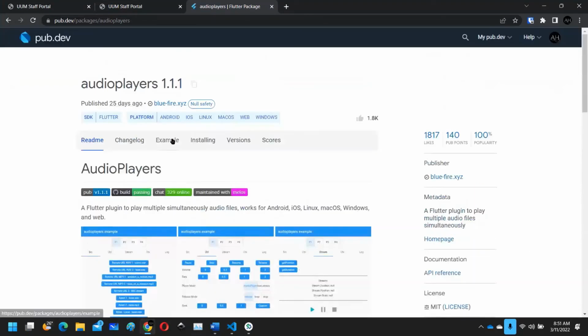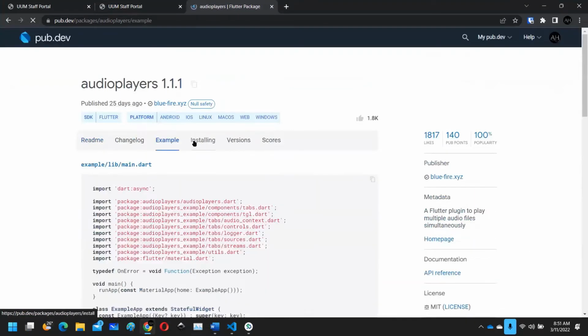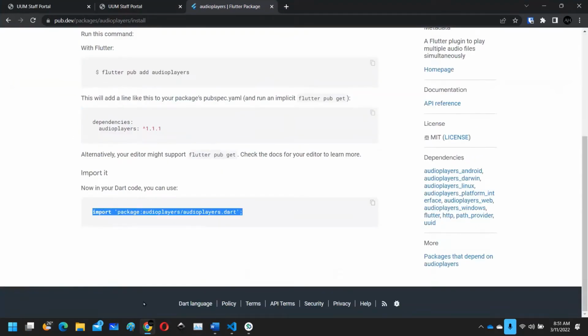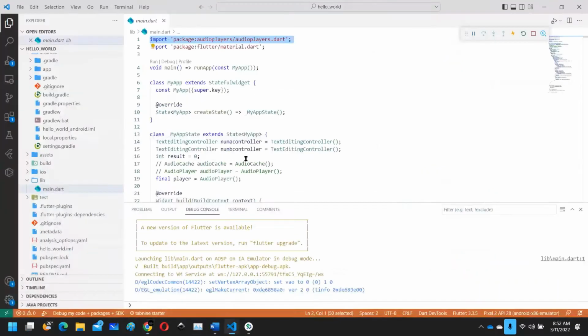But everything you need to follow is in the installation. This is the installation, so you can see there. Import it now, and your Dart code can use it. However, if you already run your project and the application is running, and then you import another library into